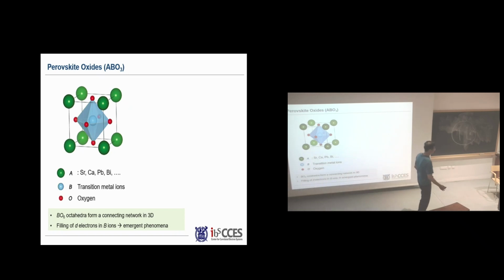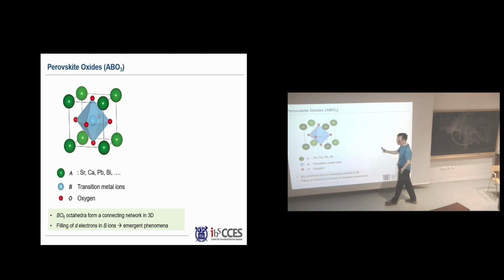A lot of the people here always deal with oxides, and oxides have numerous structures, but one of the most important and well-known structures is the perovskite, whose chemical formula is ABO3. Usually this element has a transition metal ion in the middle, surrounded by oxygen. We call this the metal-oxygen octahedra. And if you arrange these in a three-dimensional array, you have an empty space. Then we put in strontium, calcium, lanthanum, and so on.